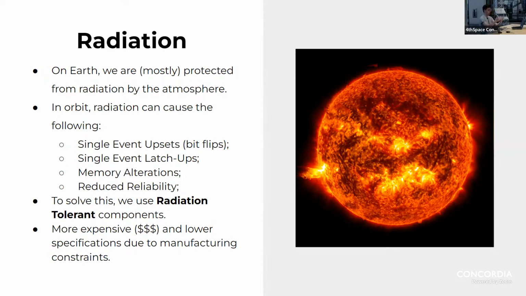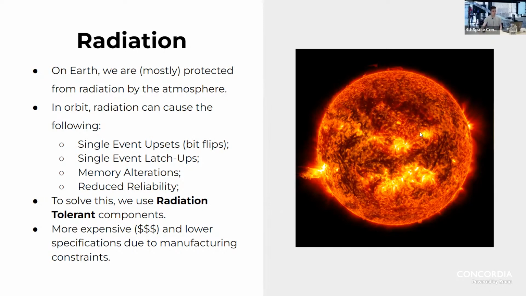Now, in real companies, for larger CubeSats, you'll find radiation hardened components. Those ones are extremely expensive, way out of our budget, and the amount of stock that you can get is extremely limited. It's very much controlled. So for us, we have to settle for radiation tolerant components. Now, in order to shield against those issues, they have to manufacture it in a way that is a lot more expensive and lowers the maximum amount of efficiency, lowers the overall specifications that you can get for your component.